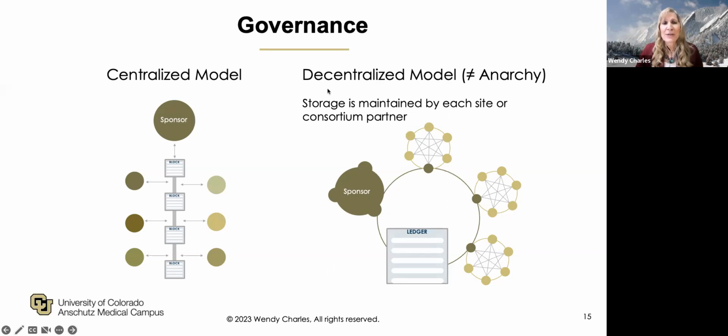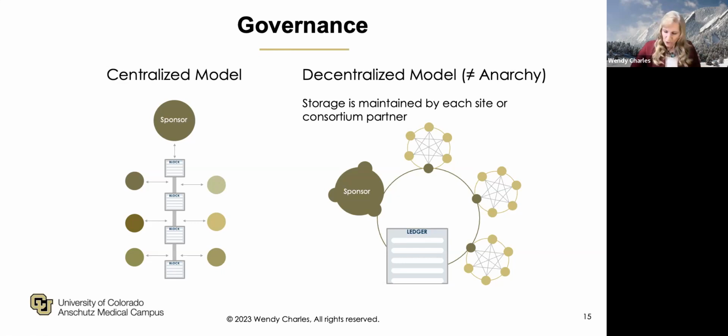Now, it's important to know that this concept of decentralized does not mean anarchy. It doesn't mean that nobody is in control. In fact, there isn't a completely 100% decentralized blockchain out there. Even the Bitcoin and Ethereum networks have hierarchies of individuals who can make decisions. So it's just important to know that governance can be designed depending on the strategies that would best meet the specific needs of an organization.